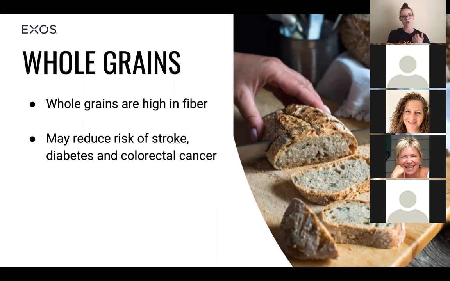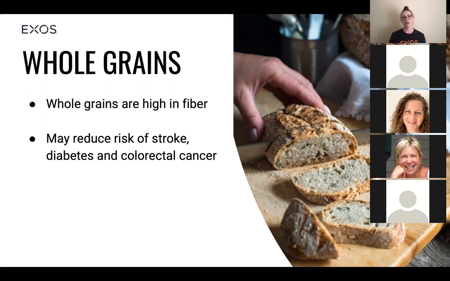And the difference between whole grains versus other carbohydrates or processed forms of grains like white breads is that the whole grains have the endosperm, the germ, and the bran. And the bran aspect of whole grains is the one that has the most fiber, as well as the most nutrients like B vitamins, iron, copper, zinc, magnesium, and other antioxidants. So that's why we want to aim to have more whole grains versus those processed forms of grains.